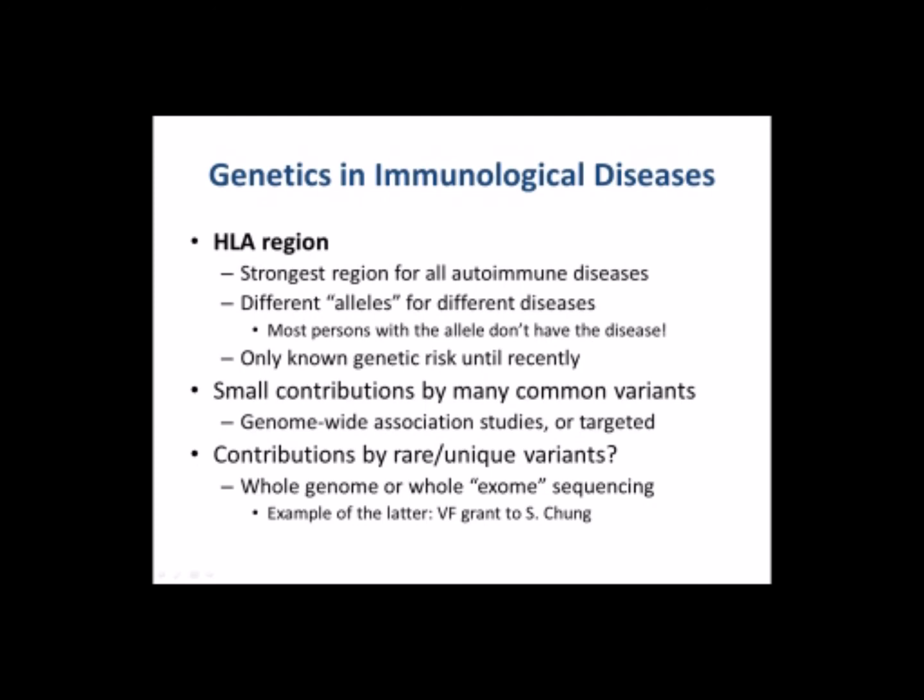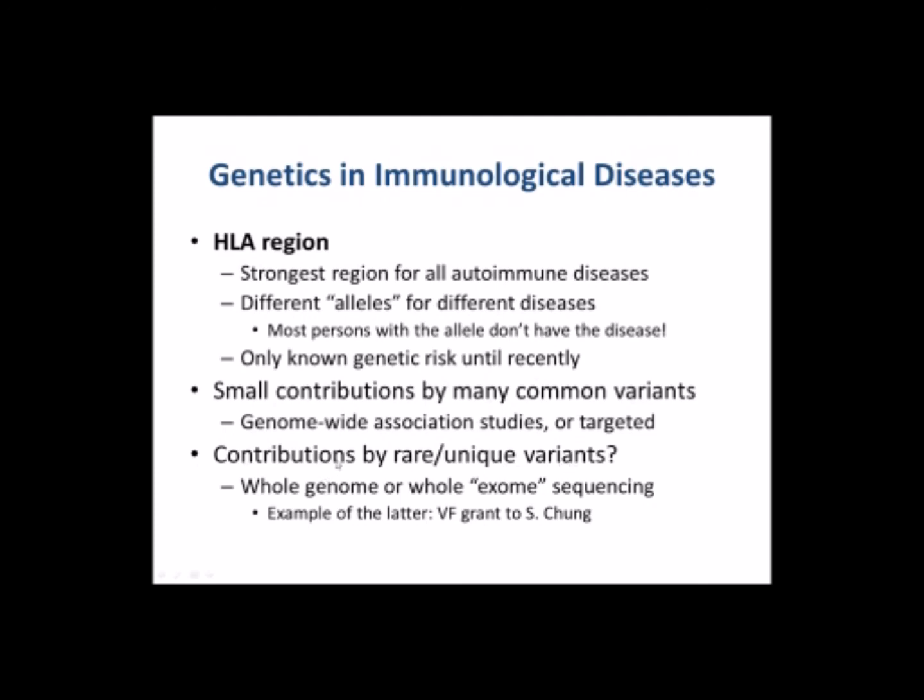We don't just have random mutations all over the place. We have some of those, but there are common variants, and that's what can easily be studied. And the technology is there to actually look at every single common variant in the genome. But what that misses is the last point here, and I might as well use my little pointer if you can see it. What you don't see in these studies of common variants is what about the rare and unique variants that might be particular to an individual or to a family.